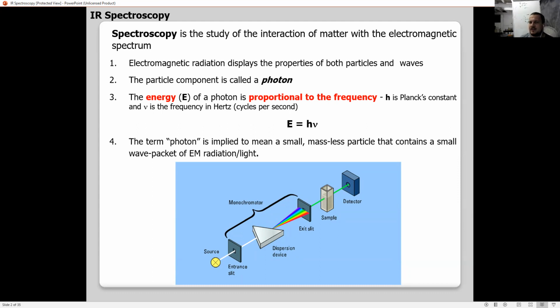And the energy is determined by the frequency, or where it sits on the electromagnetic spectrum. The far left, we have gamma rays, and then we have radio waves all the way over on the right. The closer you get to gamma rays, the higher the energy. The infrared part is typically where we look at